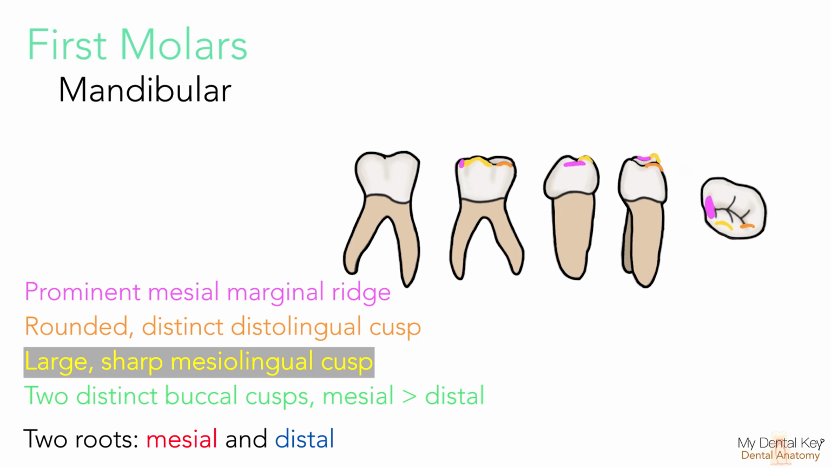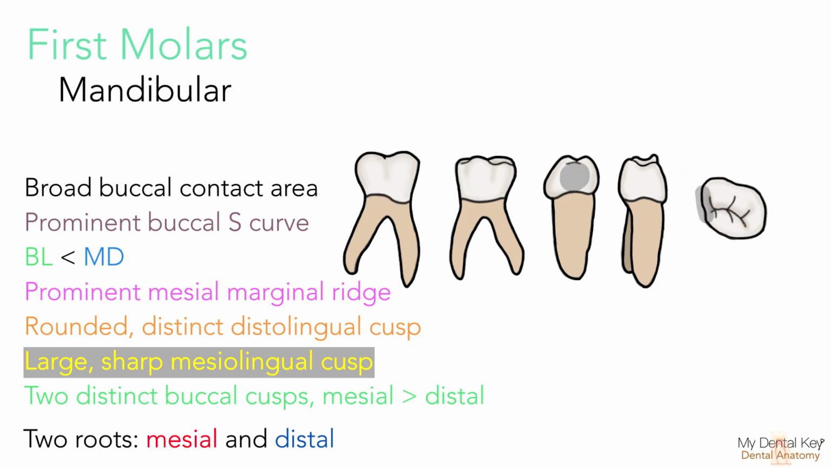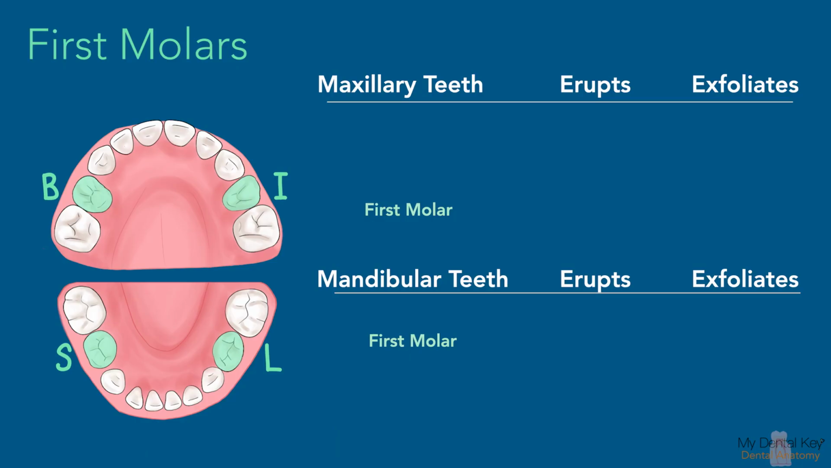mesial marginal ridge. These teeth are wider mesial-distally than buccolingually, have a prominent S-curve along the gingival margin, and have a broad contact between the mesial of the first molar and the canine. The first primary molars erupt between 11 to 18 months of age. In the mandible, the first primary molars exfoliate around 10 to 12 years versus 9 to 11 years for the